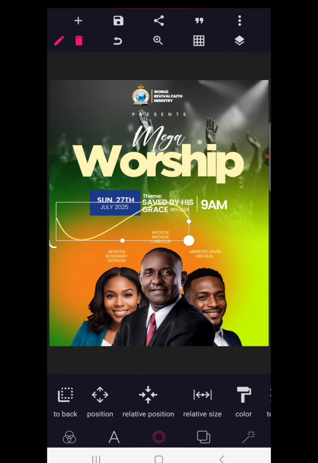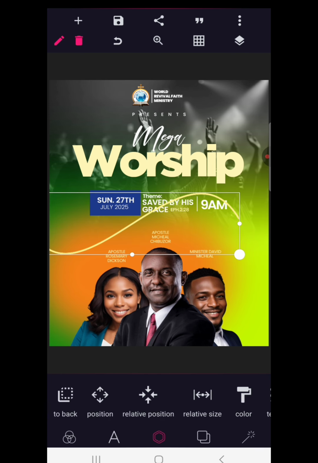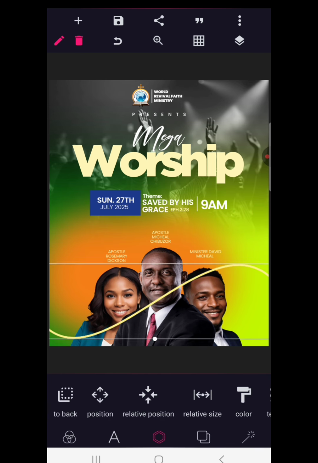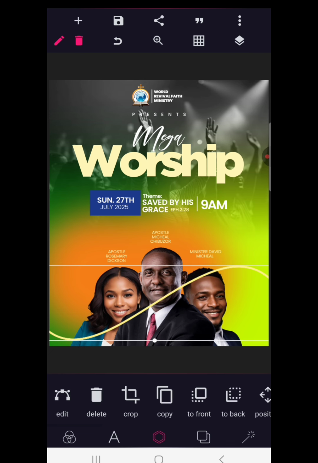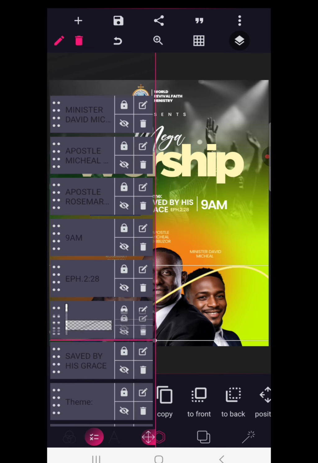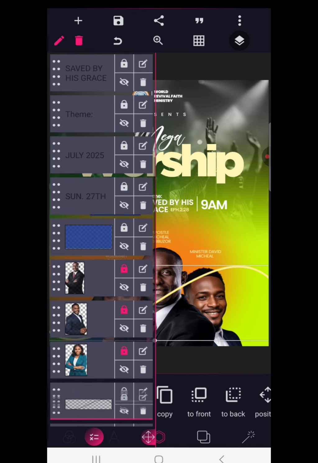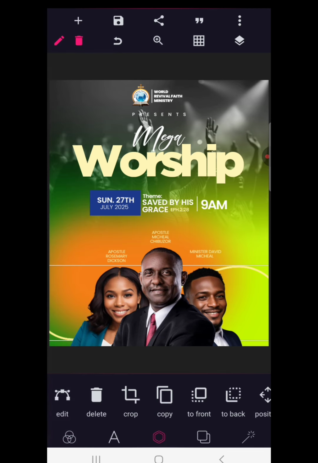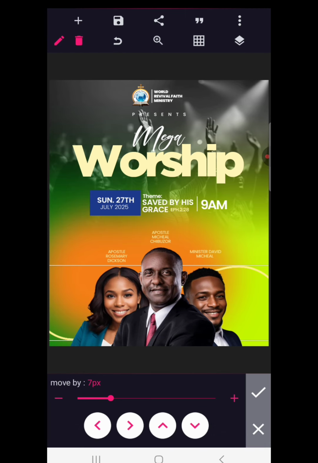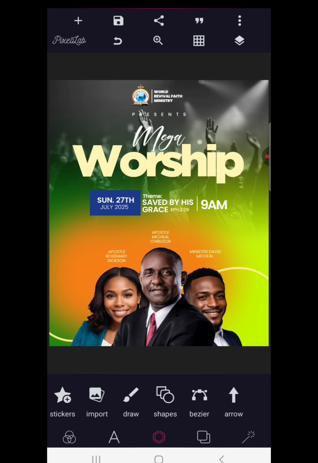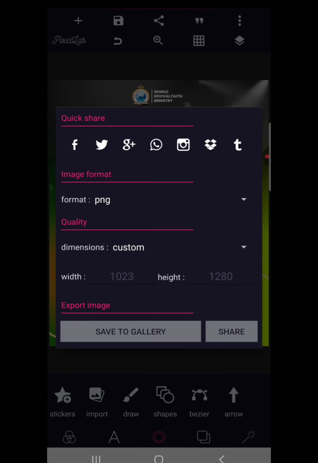Okay, then quickly increase the size, neatly increase the size of this. Okay, can you see that? Then send it to the back of the images. Go to your layer neatly and quietly send this to the back of the images, so you can see that. Good, so that's that, and we are going to save the design now. Then we proceed to